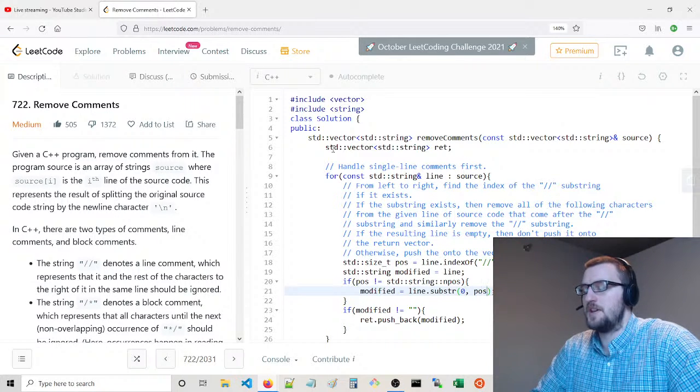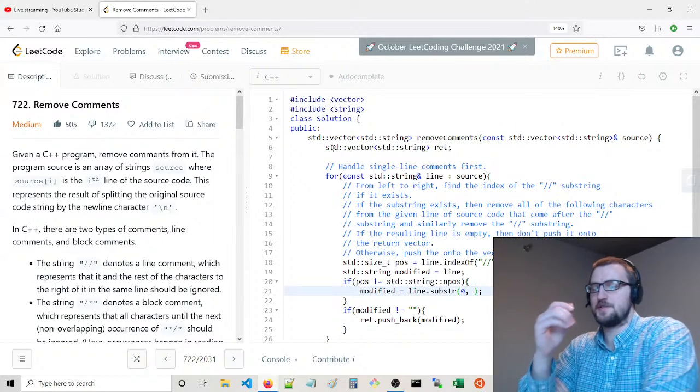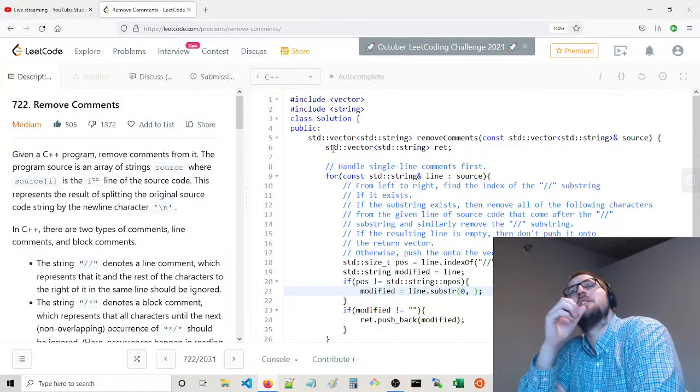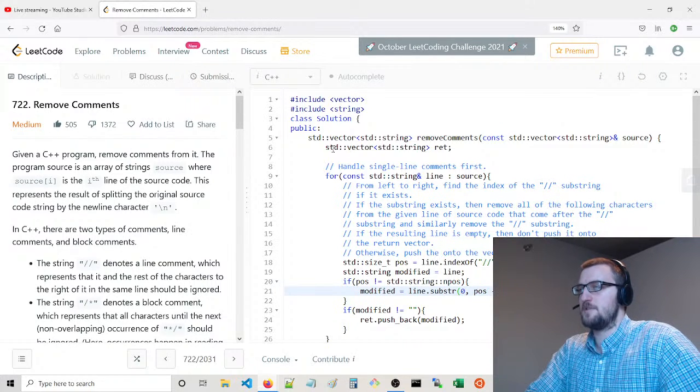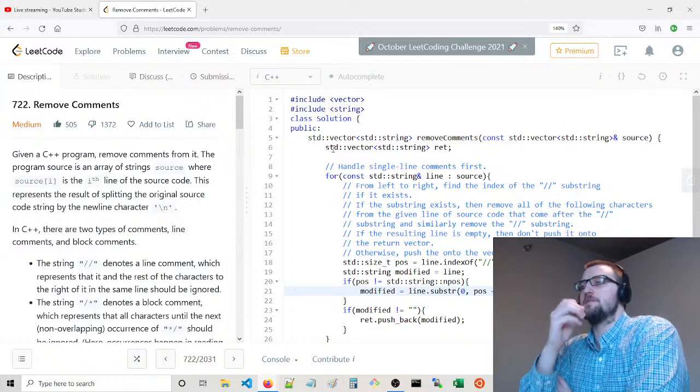So the number of characters is going to be starting at the 0 position inclusive and then exclusive. So the number of characters is going to be position - 0 + 1. So this is how many characters we're going to take.